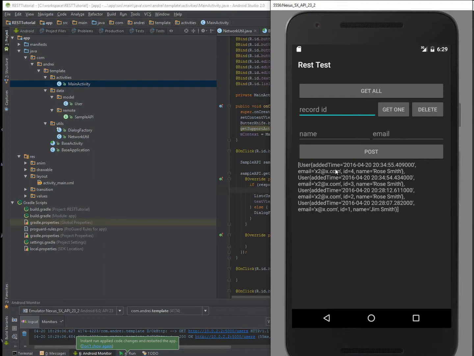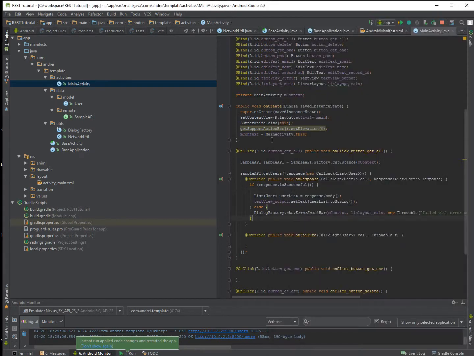objects here that furthermore we can send to a database or process or whatever we decide to do. Okay, so we get them all. Now we want to get just one of them. Let's say record number 1. So let's go ahead and create